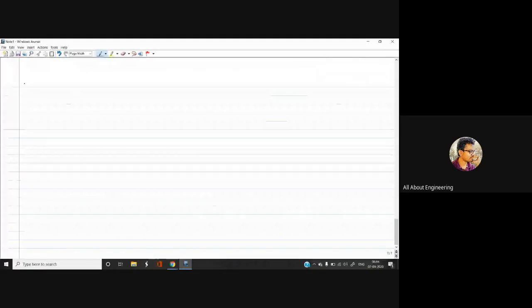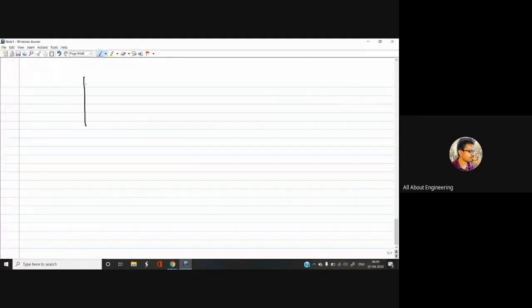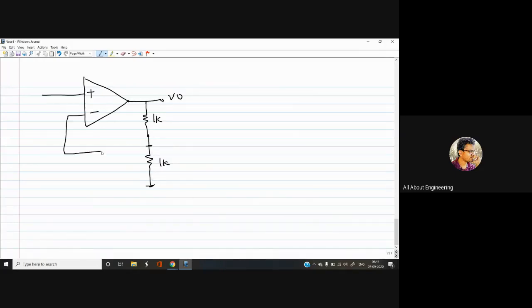This is very important, just for a physical interpretation. Let me take a small example like this. For simplicity, let me take this as 1k, 1k, because then this voltage divider circuit, or resistor divider network, will give me an easy output here, so that I can interpret. This is a negative feedback, but don't worry, we are going to discuss that. Let me take this as 3 volts. The gain of the amplifier, let it be 1, for ease of calculation.